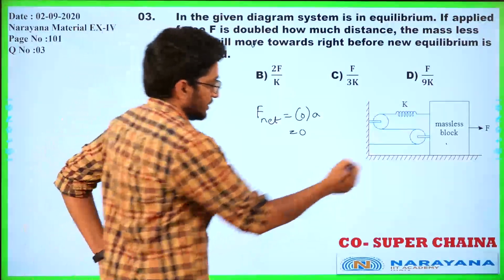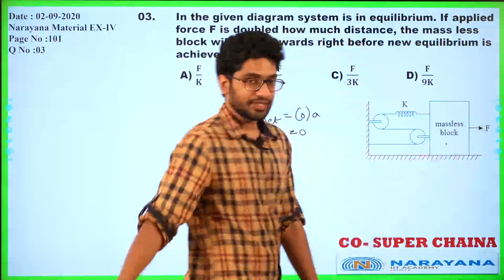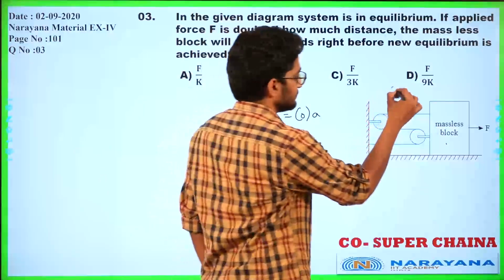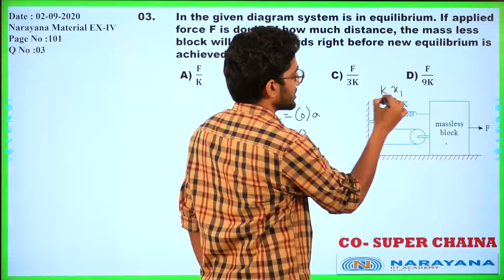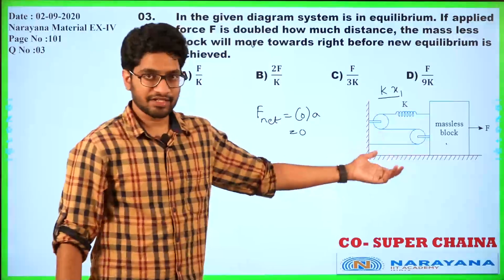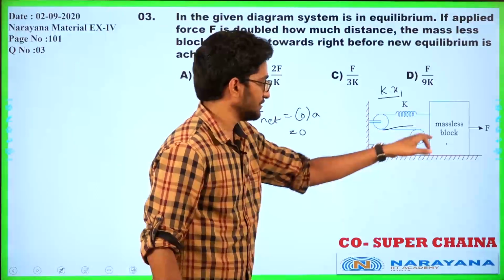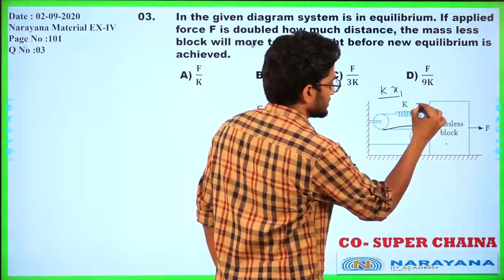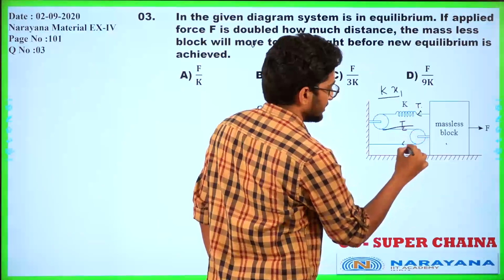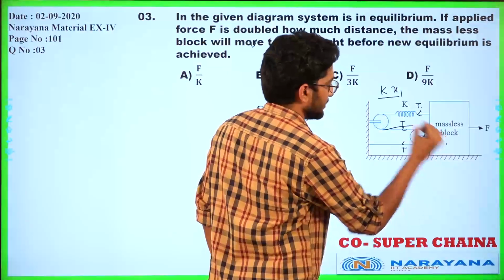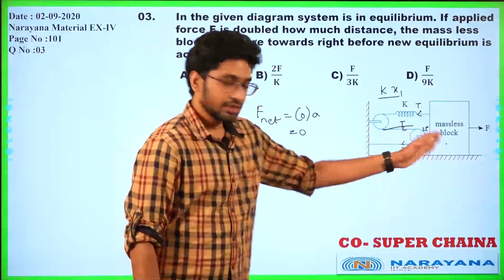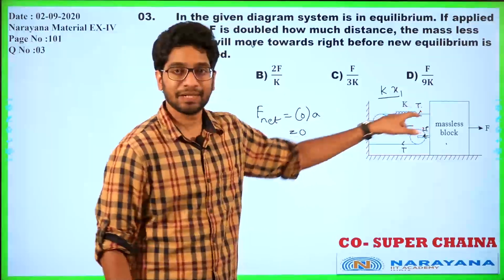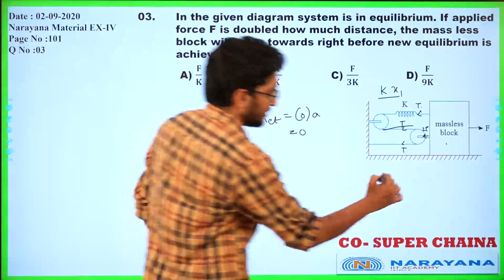Okay. So now let us see what forces are acting on this. If there is an expansion in the spring, some expansion x1, there is a spring force in it, kx1, that is also called the tension in the spring. So tension throughout this will be the same, the same tension T, which is kx1. So if tension T is acting here, tension T is acting here, so on the block 2T is acting. So on the block, net force acting towards right is F, net force acting towards left is T plus 2T, 3T. So they should be equal.